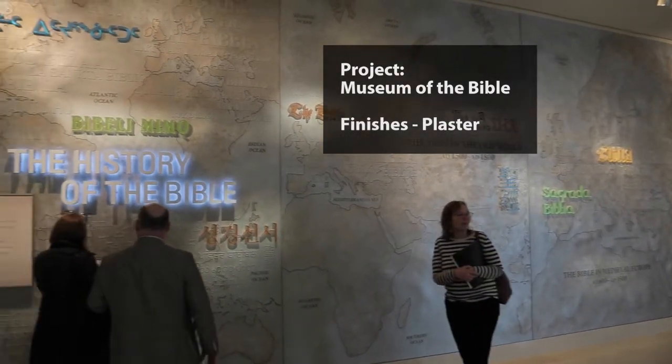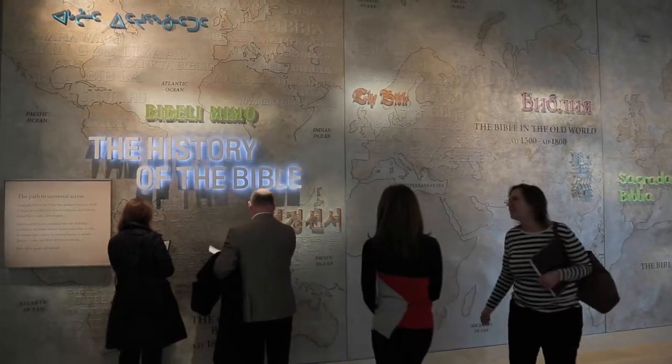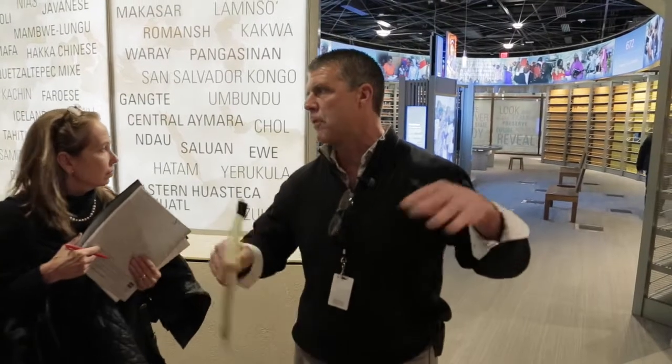Part of the transition on this was trying to create 5,000 years of history with the lighting and the graphics, and then they did it with the wall treatment as well. So as we go through, what we'd like to do is start in the exhibit, try and get through the 9 different stone looks that are depicting the different time periods, and then we'll come out and talk about the title wall as well. Everything you see as the backdrop on the drywall, it's all armor coat, it's all decorative